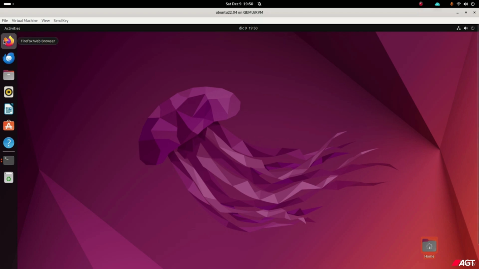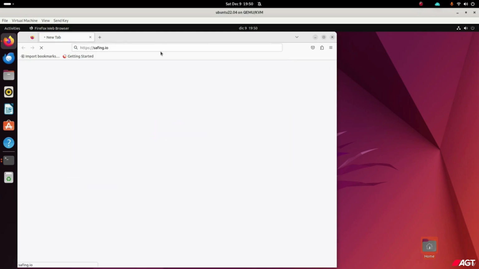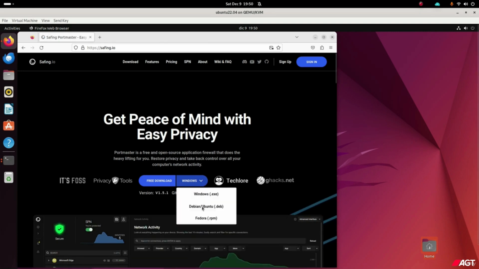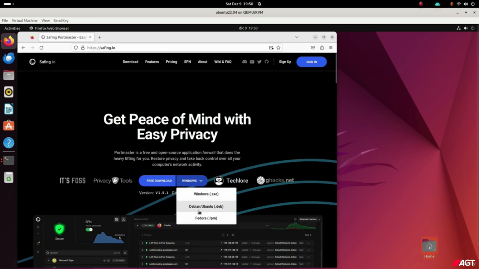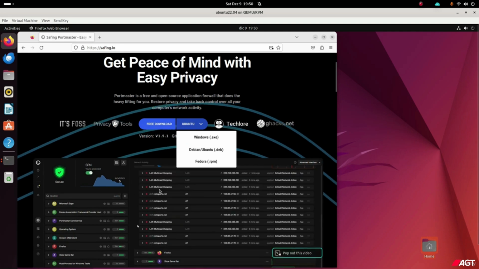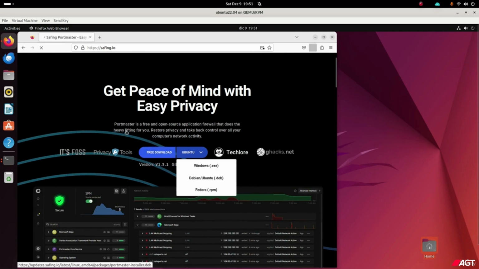So we're gonna open a web browser and we're going to a website called safing.io that allows you to install the firewall. So it's a graphical firewall that works on multiple systems. You see here Windows, but you can also install it for Linux, so either Debian, Ubuntu or Fedora, depending on which of these Linux systems you use. So this is a Ubuntu box, and it comes with a very big graphical interface where you can block outgoing network connections. So I'm gonna download it here,